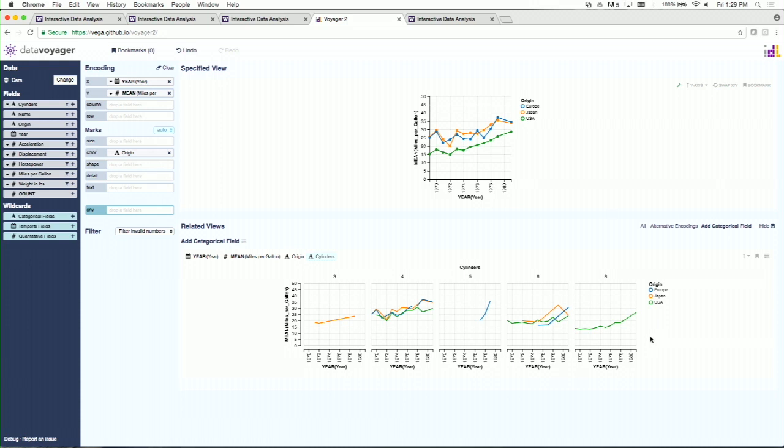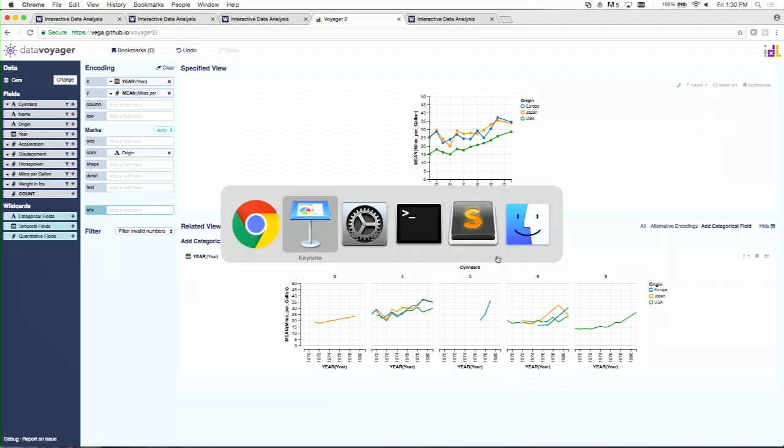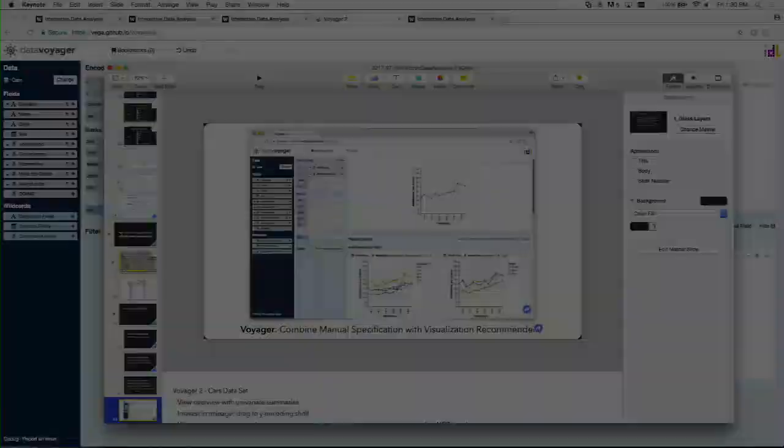So a more fair comparison, if we're interested in comparing these different markets, would be to look at the 4- and 6-cylinder cars, where we might get slightly more fair comparisons and not be subject to ignoring latent factors. So in this way, we want to explore topics of interest, but also be exposed to the breadth of the data. And this is what the Voyager tool is trying to help accomplish. So going back to the slide deck,